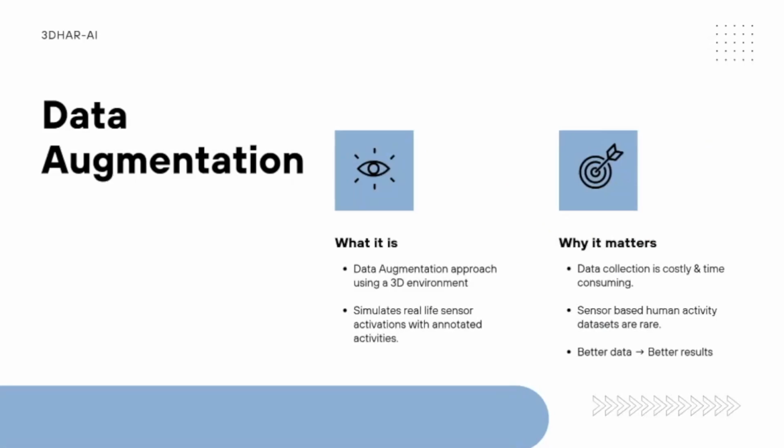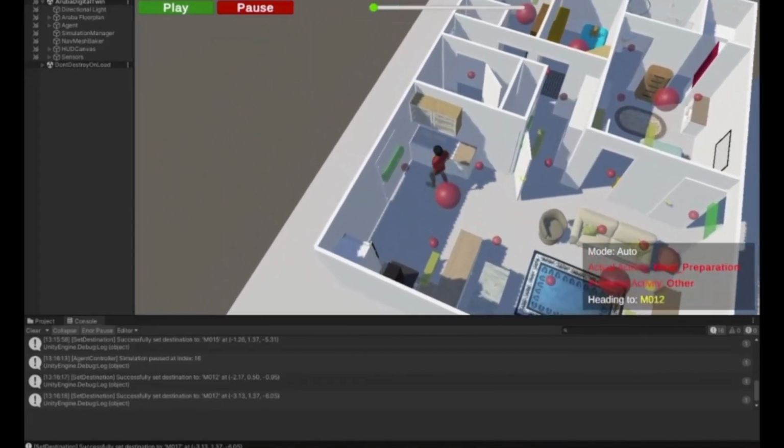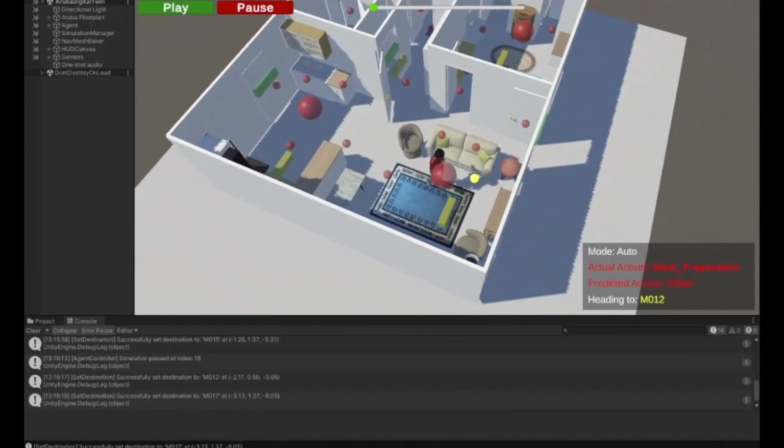We will now introduce our novel data augmentation strategy involving a custom 3D environment. We use this strategy to perform HAR and HAP to see if we could experience performance gains whilst reducing financial and time costs of recording human activity data. This short demonstration shows what the environment looks like and how the agent navigates it automatically.